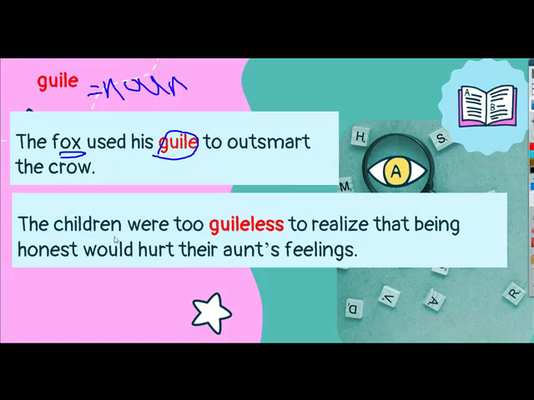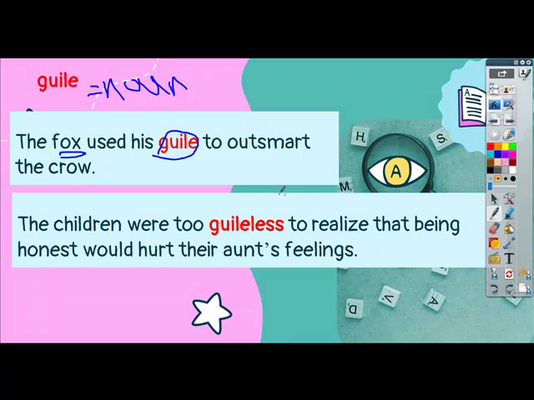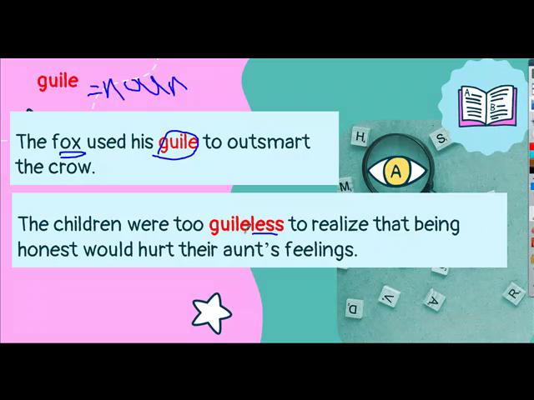The children were too guileless to realize that being honest would hurt their aunt's feelings. Guileless. Here, he contradicts the word guile with less. Less here, that's a suffix that means not. Okay, that it means not. Here it comes to the children were guileless, so that's an adjective. So, they lack the cleverness, they lack the deception,